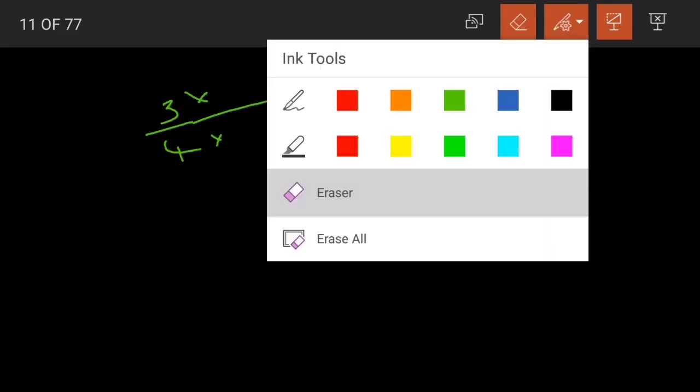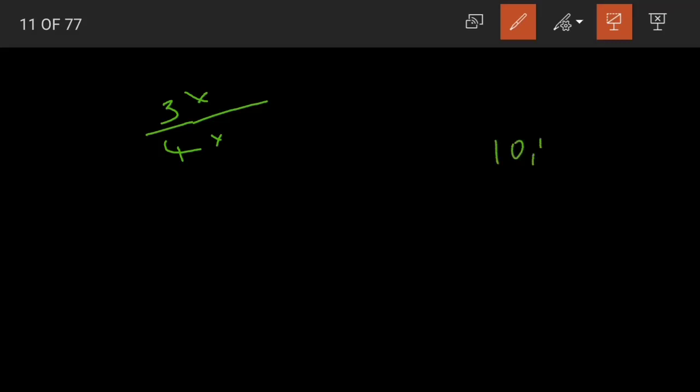Do you remember equivalent fractions? Equivalent fractions are those which are equal in value. How did we find them? We either multiplied the numerator and denominator by the same number or divided the numerator and denominator by the same number. Now what were the denominators that we learnt? The denominator becomes 10, 100, 1000 or so on.